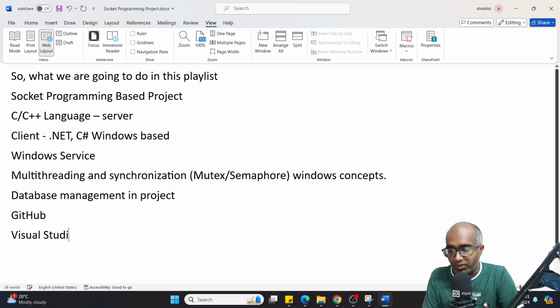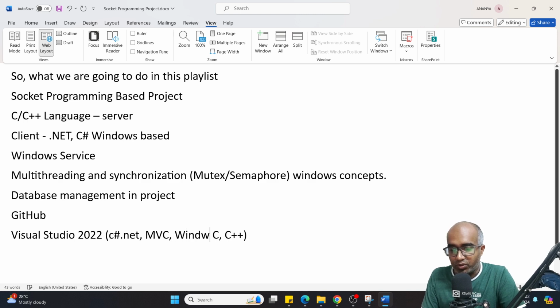It will be Visual Studio 2022, or whatever version is available with you, and C# .NET you must have. Apart from that, C and C++ languages should all be supported. I mean, you need to install all the distributables which support the C++ language. So these will be the bare minimum required, along with C# .NET, and then MVC,